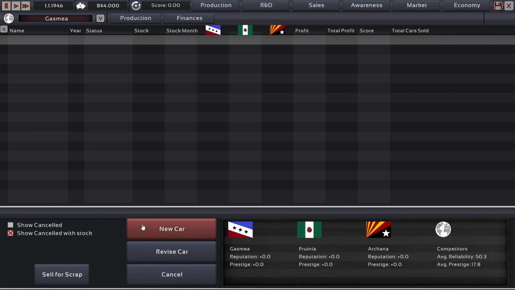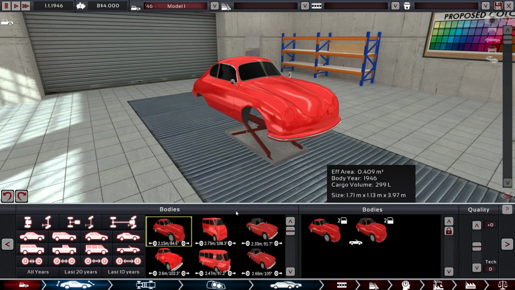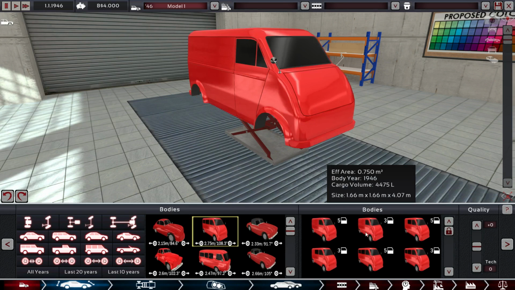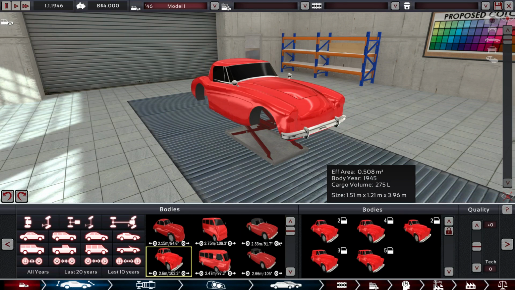And here we are. Let's start our first new car. So here are the bodies that are available in this time period. We've sort of got a lovely coupe, a van, another type of lovely coupe,